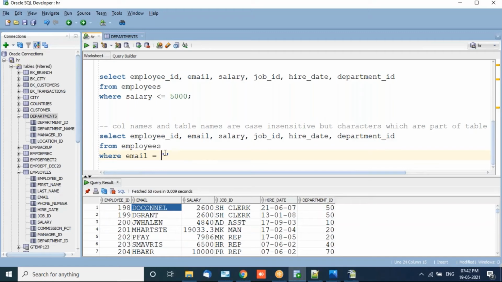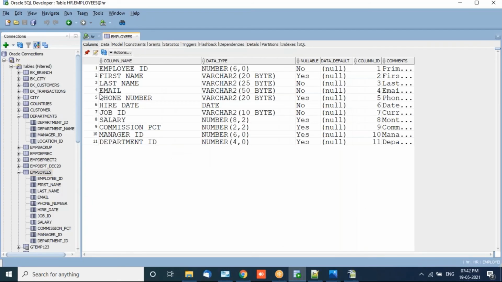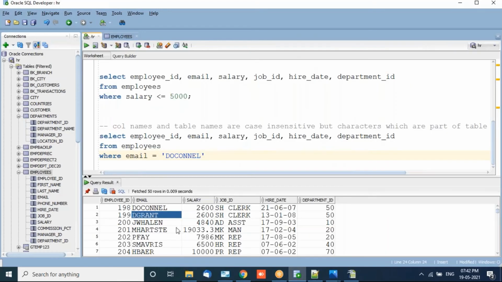Now see, email is a character. Here you cannot see @oracle.com or @qexpert.com or @gmail.com, because for Oracle, what is the data type of the email? The database works on the data type. Varchar means variable character length. So even this is a character.